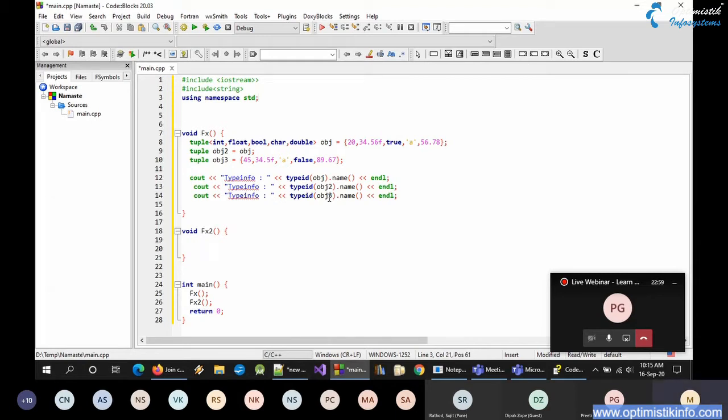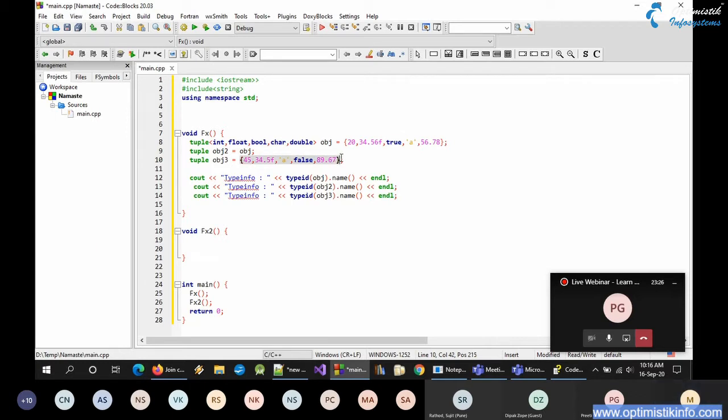So as you can see at line number 9, I am initializing object2 of tuple. So over here, whatever is the content of object, it will be copied to object2. And then over here, as you can see that I have object3, and object3 is initialized with various